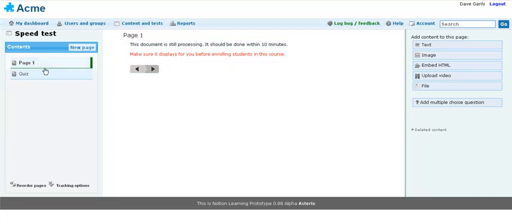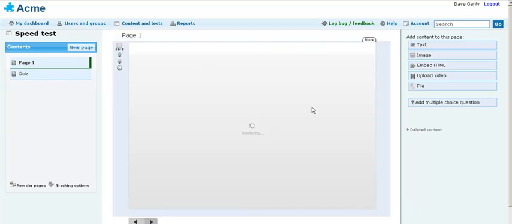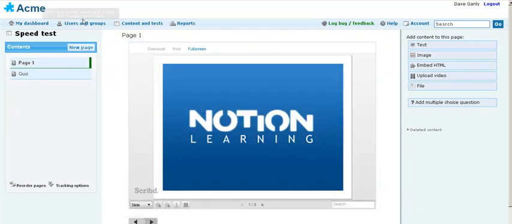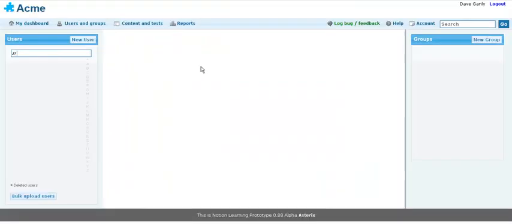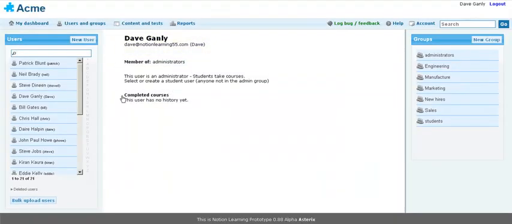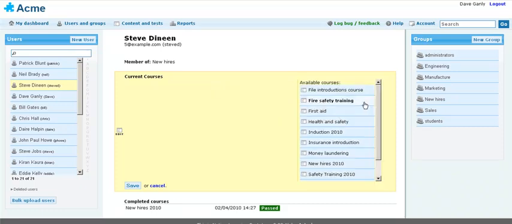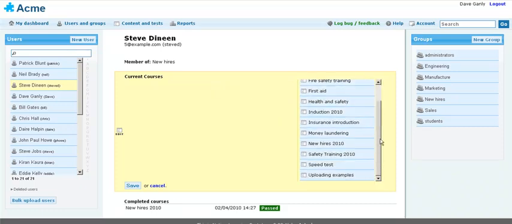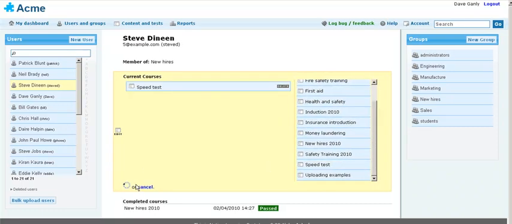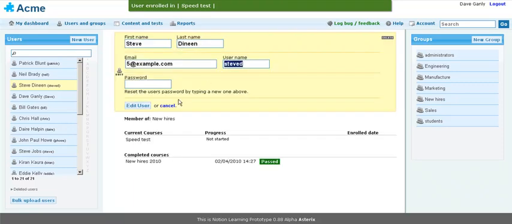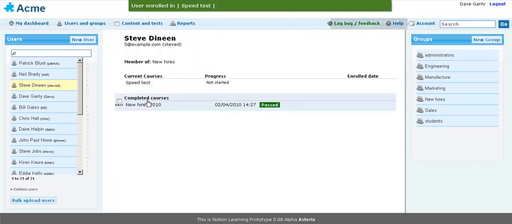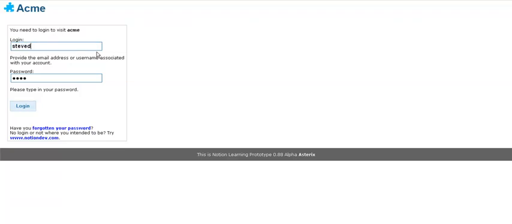Back to page 1 to see if the processing is finished. Not quite. Yes, there it is. Our PowerPoint and our MP3 are ready, so our final step is to enroll a student real quick. So we're going to click on Steve, click on his current enrollments, find our speed test course in the list, click on Save. There's Steve added to the speed test course, so we just log out as the administrator, log